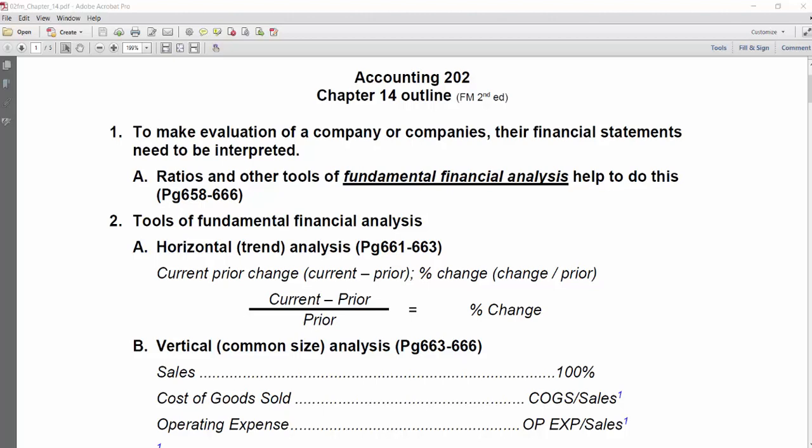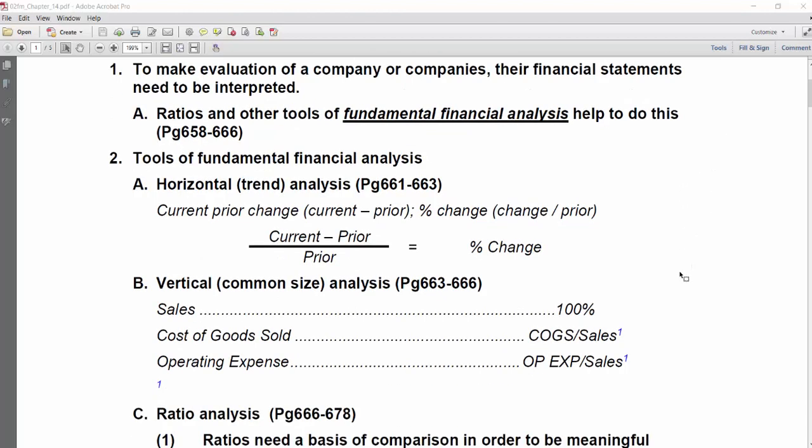what makes it tick. So to do vertical or common size analysis, you take some number on the financial statement, be it total sales or total assets on a balance sheet, and then you divide whatever other number you're looking at by that base number. So in this example showing in the notes here, the base is sales and everything else is expressed as a